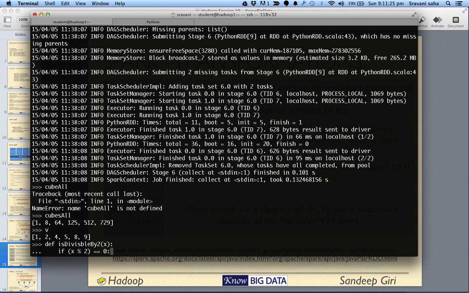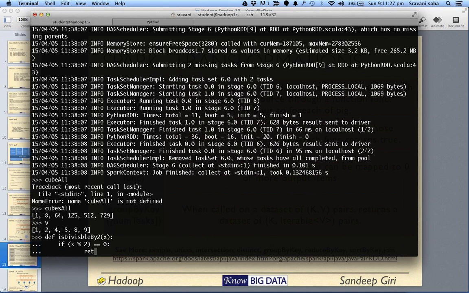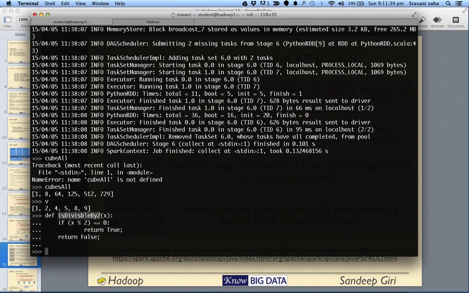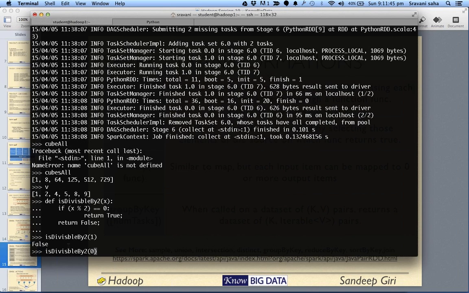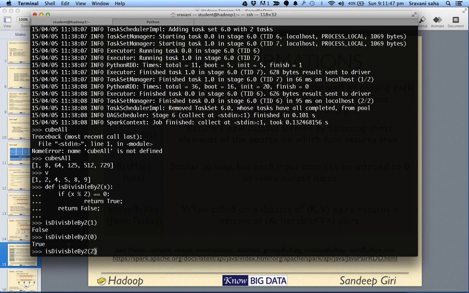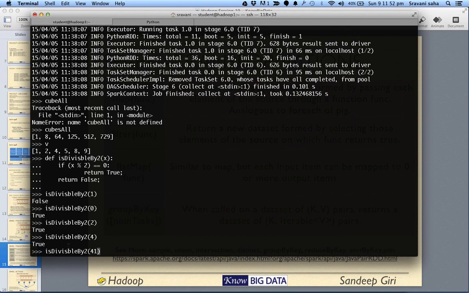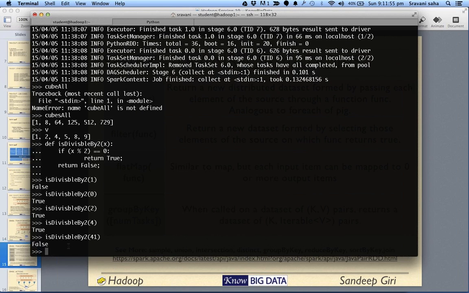Okay, so the moment we see that it's divisible by 2, we return true, else return false. Okay, so let's test if our function is working fine. Let's say 1, so it says false, 0 it says true, 2 it says true, 4 says true, and 41 false. Perfect. So our is divisible by 2 is working fine.